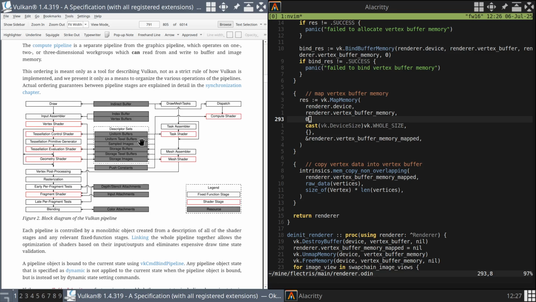Which, will we be using any of these? We have uniform buffers, sampled images. So yeah, by the time we get to texturing our quads, we're going to have values in here. So if you were doing things a more normal way, where you had your model stuck somewhere on the GPU, and then each frame you're sending just, like, skeletal translations and rotations, so you can move the arm on a model, you would be using things like uniform buffers and push constants, which you can see appear in here. I won't talk too much about them because I don't really understand them too well. But that would be our vertex shader,